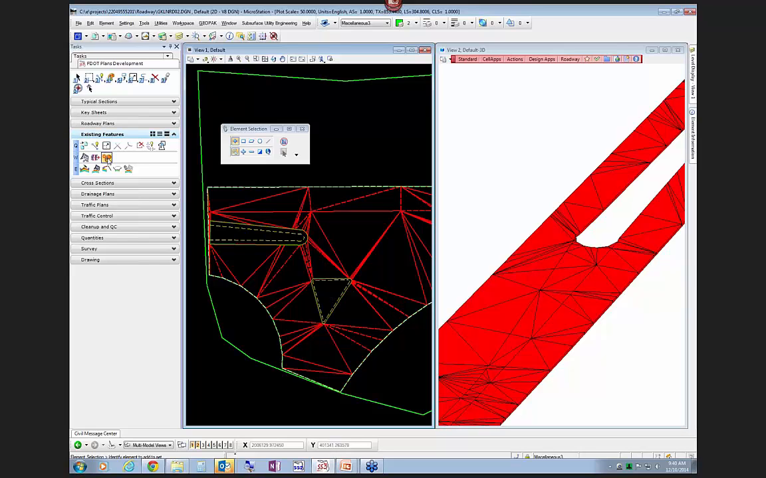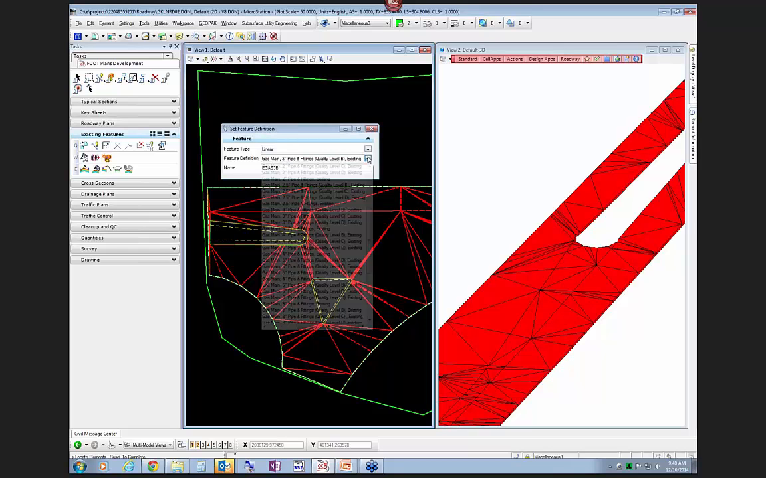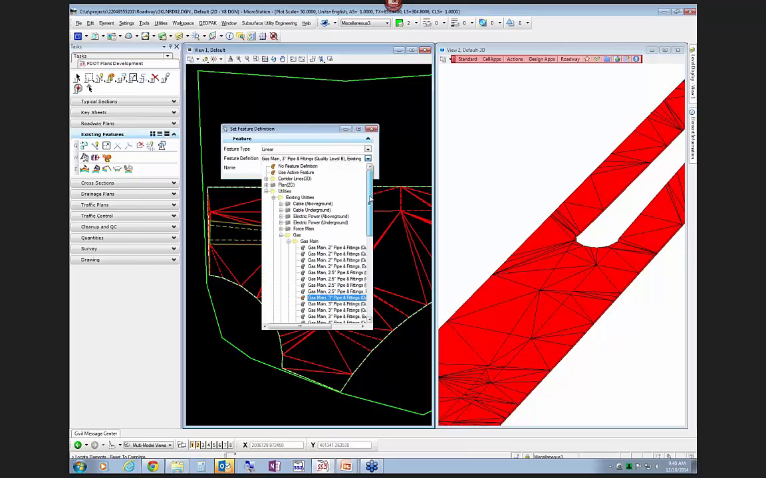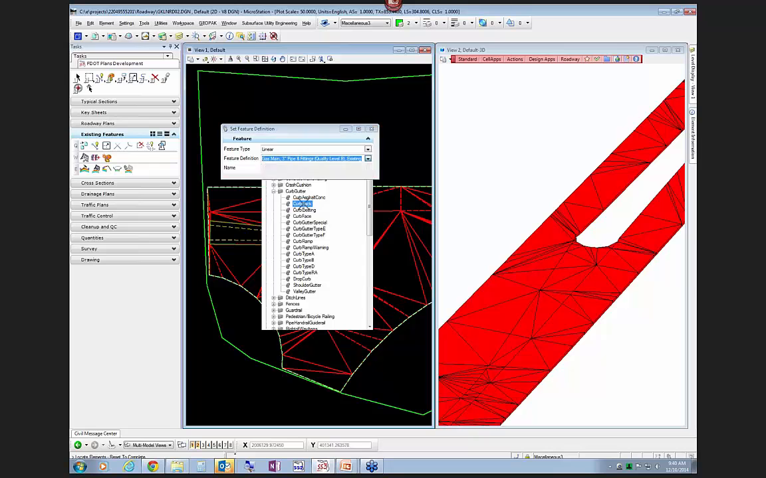So you can use this set feature tool, which is this next step over here on this row, set feature. And then you're going to select a linear feature from these, which are showing all utility features. So what we want to do is close the utilities for now, go to Plan 2D,